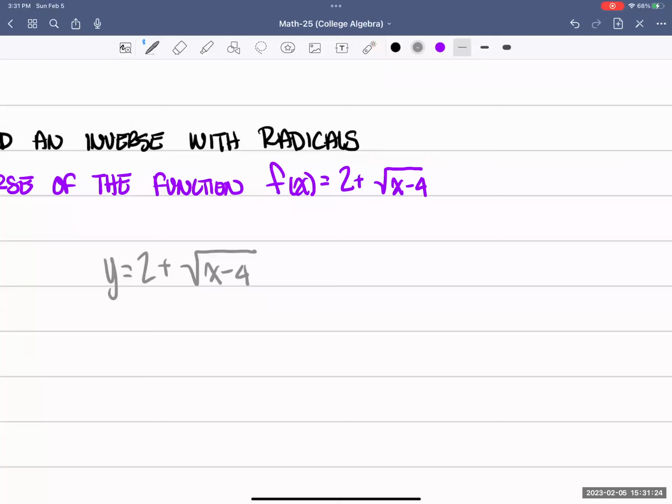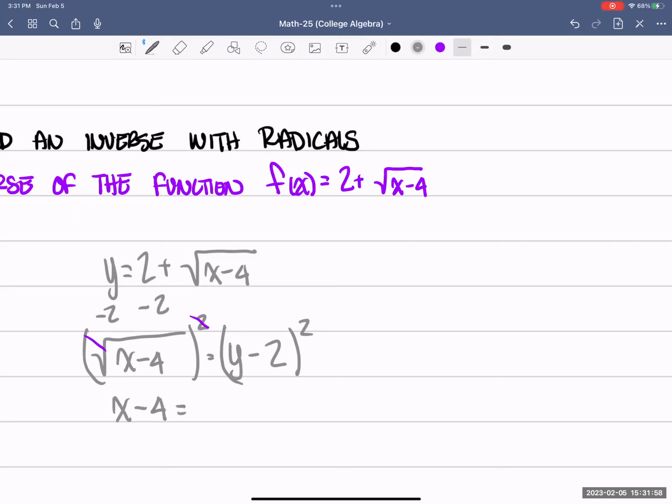And let's solve for x. Minus 2 on both sides. Then we have the square root of x minus 4 is equal to y minus 2. From here, we could square both sides. Actually, no, not yet. So here, the square and the root simplify to just whatever we have on the inside. So that x minus 4